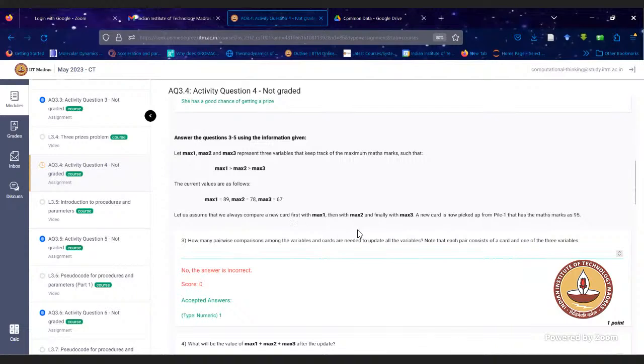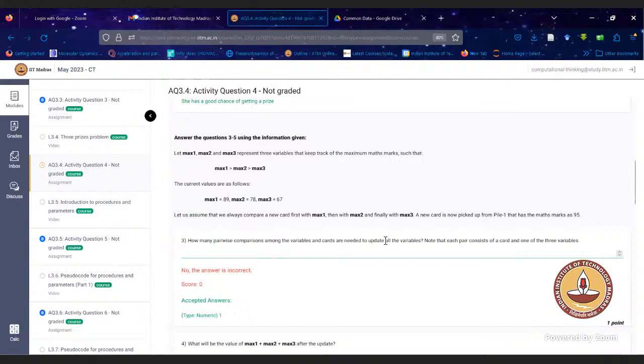But you are not doing those comparisons, right? You already know that the top one is 89, as of now. You don't need to do a comparison. You need only one comparison because you only need to compare it with the maximum mark, right? So 95 against max 1, and then 89, where will 89 go? Then we'll compare it with max 2, and then we'll find out that 78 will get replaced by 89. That's what I'm thinking. But the question asked how many pairwise comparisons among the